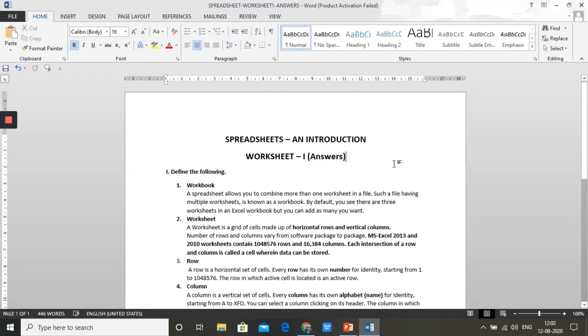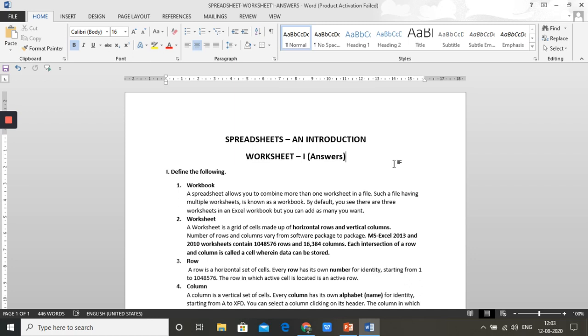Hi, welcome back. First, we are going to see the answers for our worksheet based on spreadsheets. The first worksheet. Make sure that you have your notebook, keep a pencil or a pen with you to do the correction. Follow it, and wherever you have made any mistakes, please do the correction. If you have any other doubt, please message me. I shall reply to you.